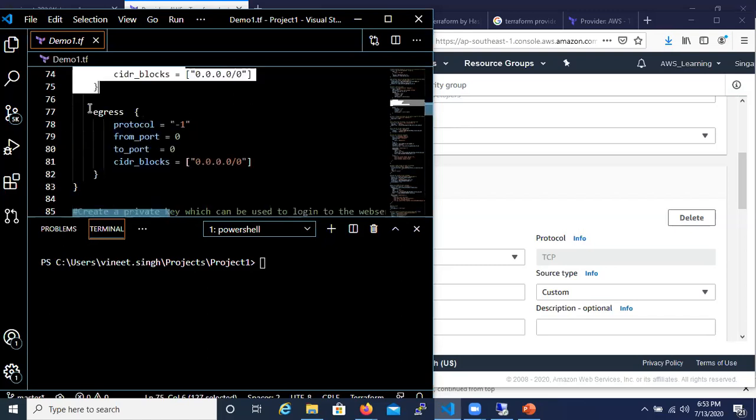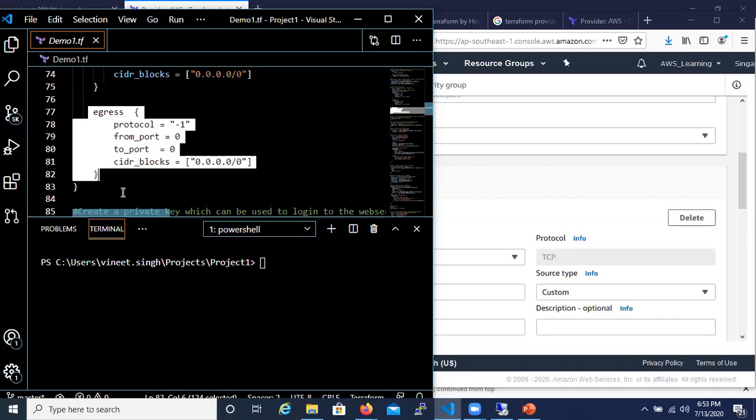And for the egress rule, make sure when you are trying to create your security policy, define this egress rule as well, so that the AWS instances that you are going to launch will have access to the internet, so that they can respond back and you will be able to access the instance. If you don't do this, you might end up not being able to access the instance itself.